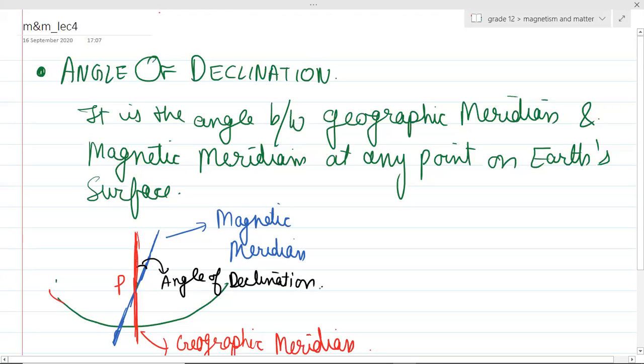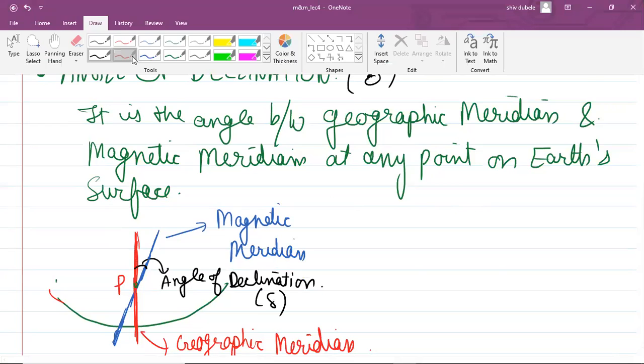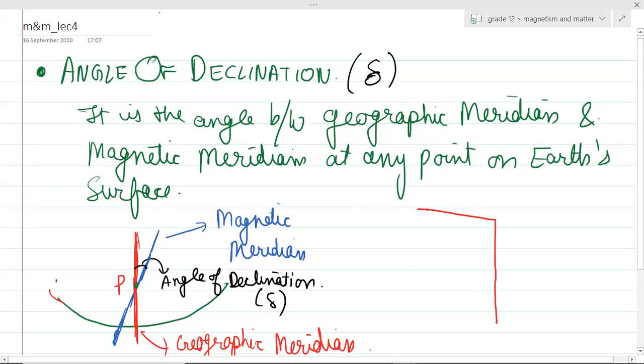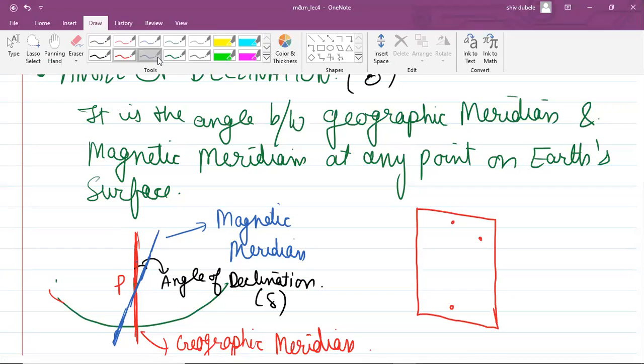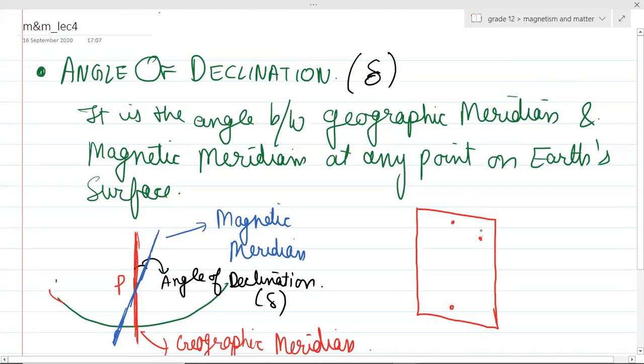Generally it is denoted by delta, or you can denote it with some other symbol, whatever you like. So suppose Earth is there, and I'll draw these two planes. I'll draw this plane, and there will be a North Pole over here, South Pole over here, and let's say the point P is lying over here somewhere, right? So if I have another plane which is like this,